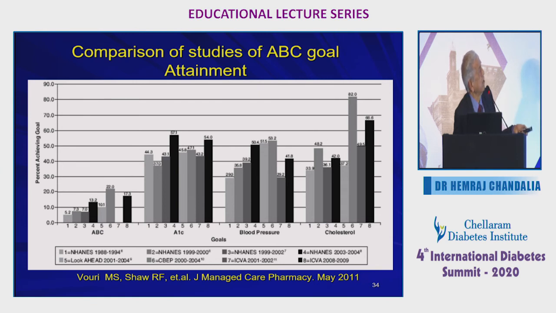And how many goals do we achieve in practice in clinics? This is data from Anne Haynes at different periods, and goals are changing. But remember, achieving all three goals is such a small number of people. No Indian investigator wants to give you data. I'll give you my data very soon, but I've not seen anyone else giving. I don't know what the reason is. But remember that all the goals cannot be achieved in the same people.